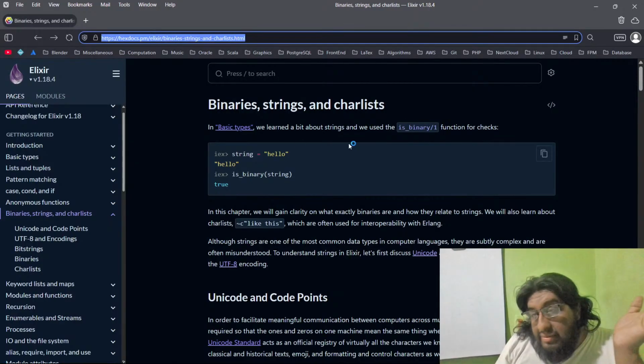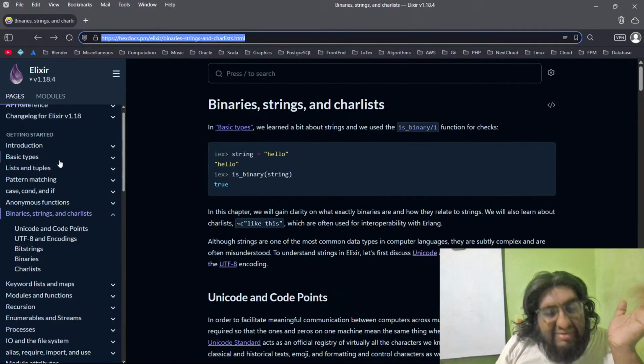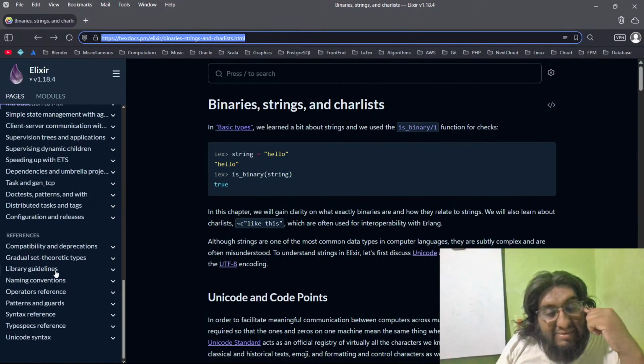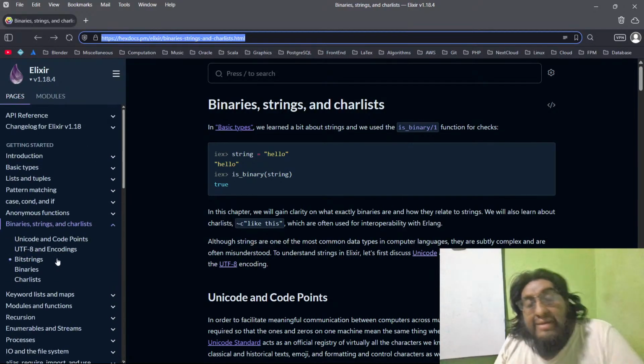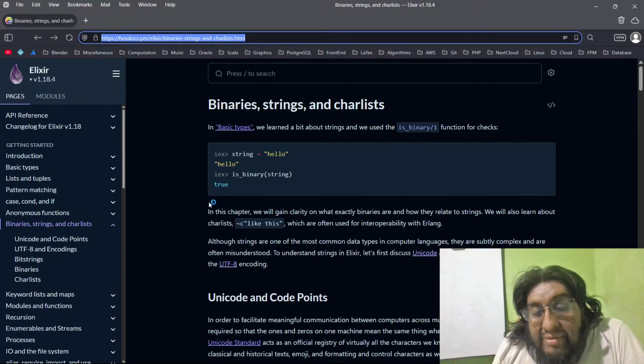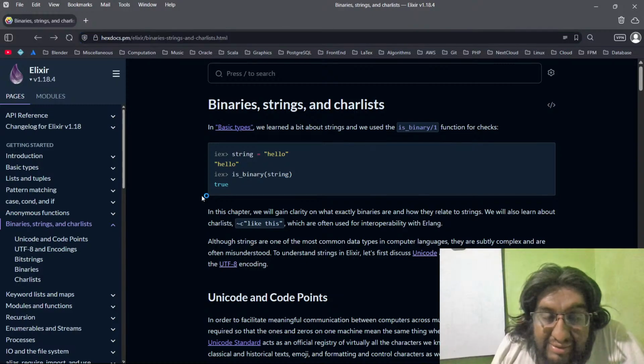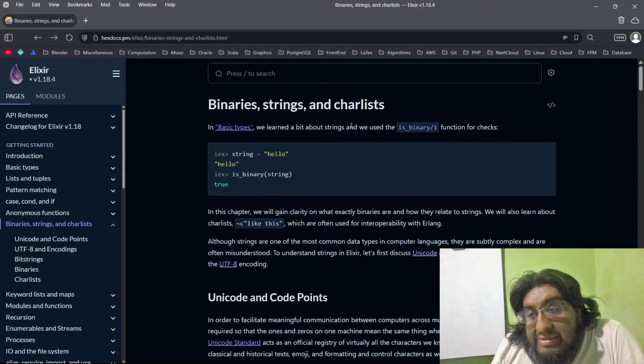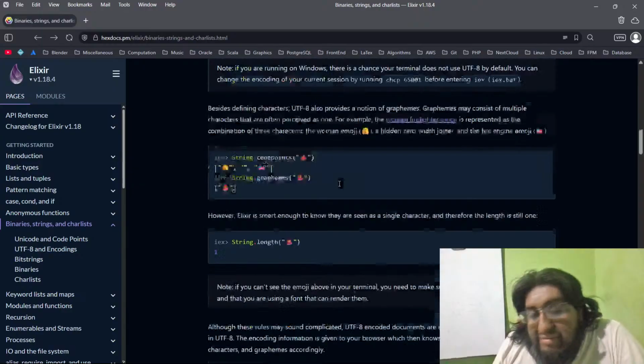Throughout this tutorial, as I said in an earlier live, I'm not pretending to do all this. It's too much, and you don't need to know all the things upfront, but the basics are always a good thing. We are in binaries, strings, and char lists. I just read this 15 minutes ago